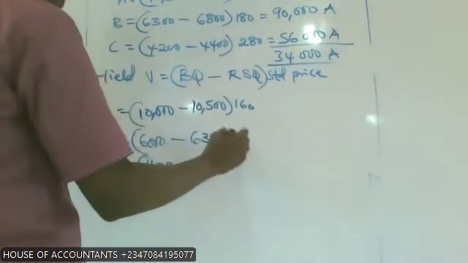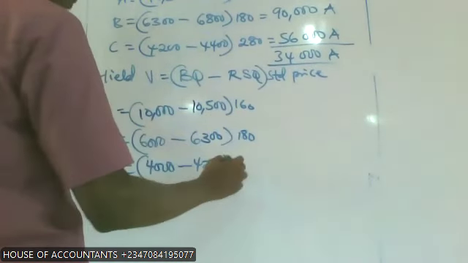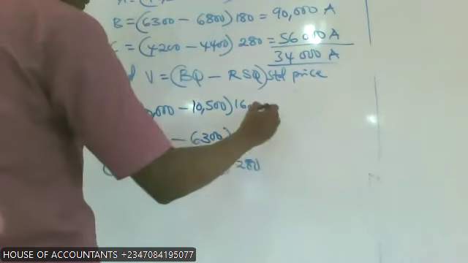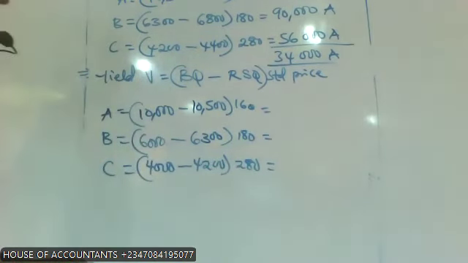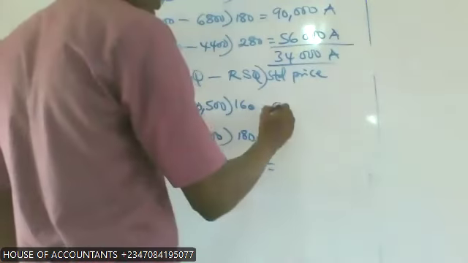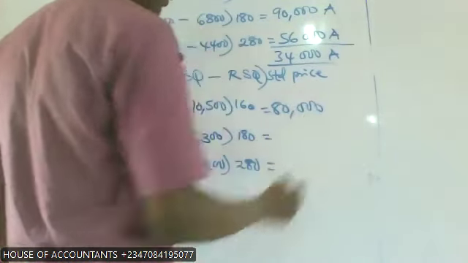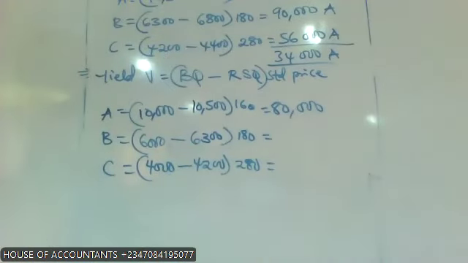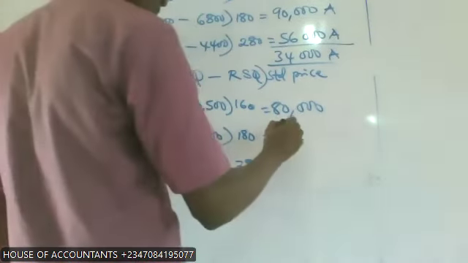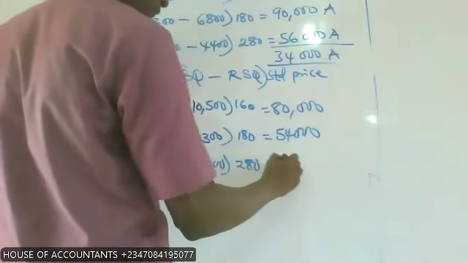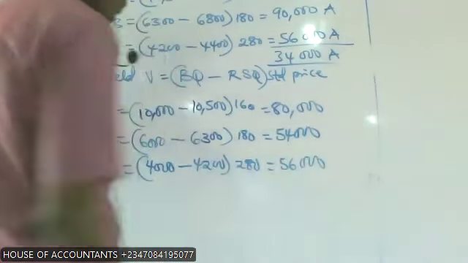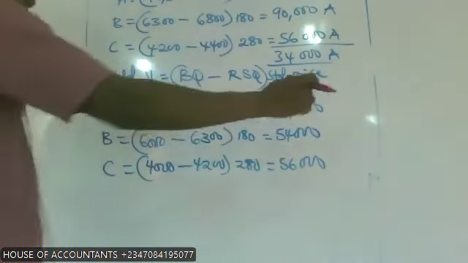160, 180, 280. Total. 80,000. What is it? 80,000 for the first one. 54,000. Okay, and 56,000. So we have